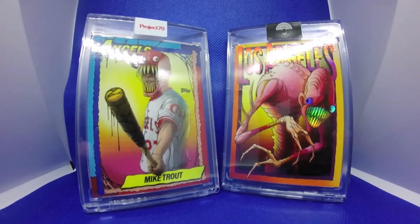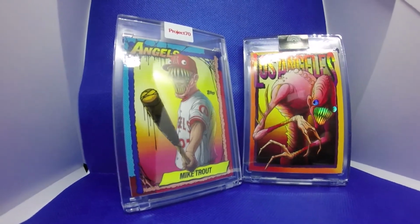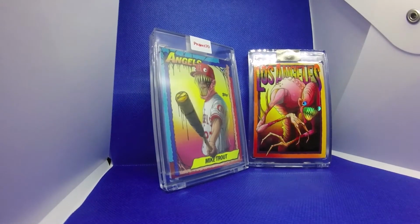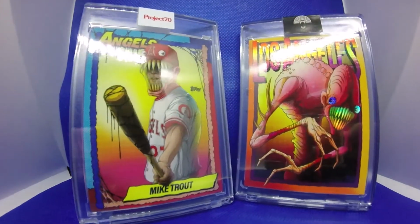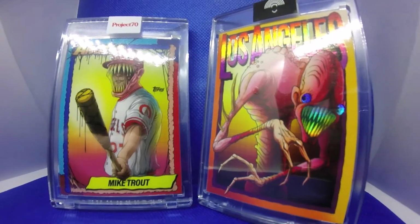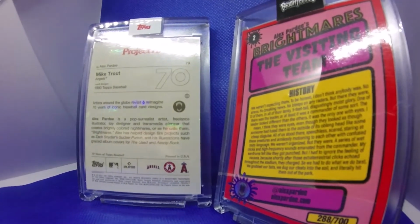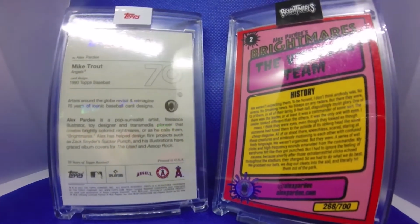These are actually not a Topps project. You'll notice the little tape on top is different. That's actually the Pardee tape. These were sold through his site, through him. And on the back, again, there's no Topps logos, but on the bottom left corner, that's the Pardee logo. And it also says Bright Mirrors,